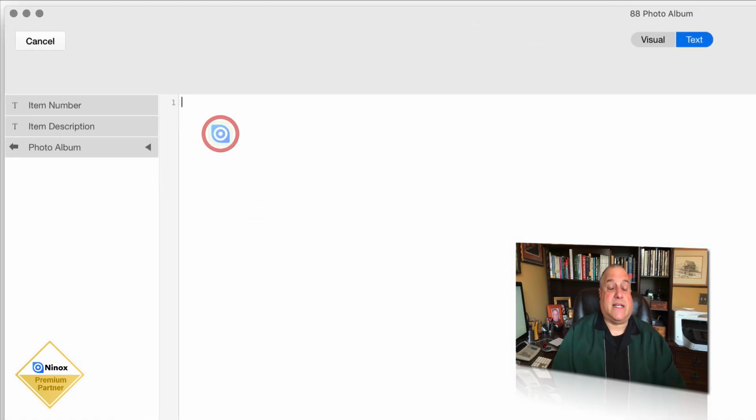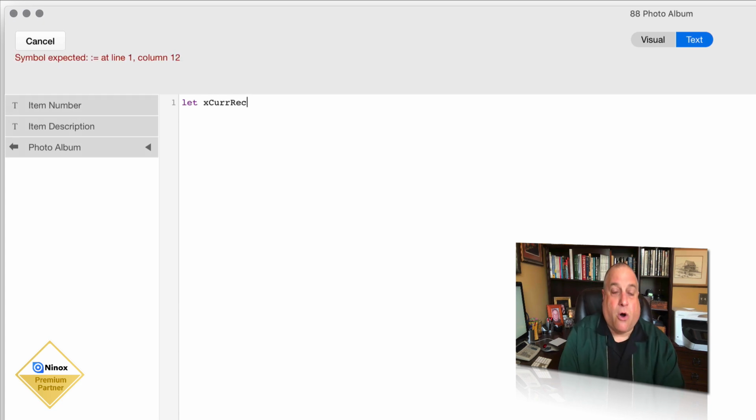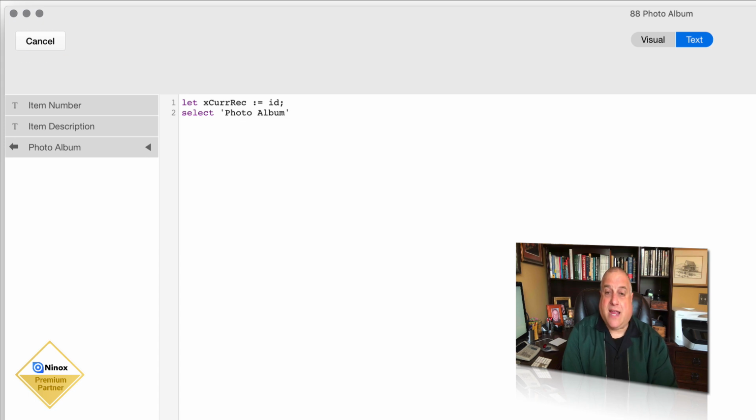And the formula is going to be this. Let the current record, or the variable to hold the pointer to the current record, equal the ID number of this record. Next, let's select the record in the photo album table where, and I'll just open this up to